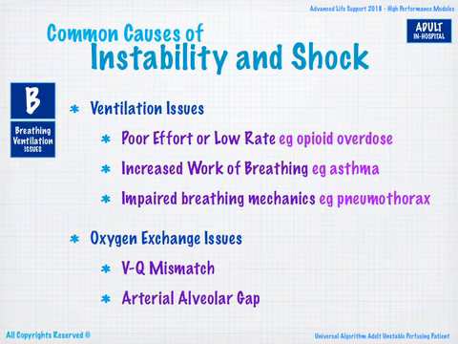Secondly, the second common cause of instability is to deal with breathing and ventilation issues. Now, ventilation issues may be as a result of poor effort of ventilation or a low rate of breathing. Example commonly is due to opioid overdoses or muscular weaknesses resulting in poor breathing effort. There may also, on the other hand, be increased work of breathing, where patients find it very difficult to take a breath because of obstructions in the lower air passages. Example, asthma and COAD. Or patients may have impaired breathing mechanics, where they try to breathe but air cannot go in. An example is situations of pneumothorax or